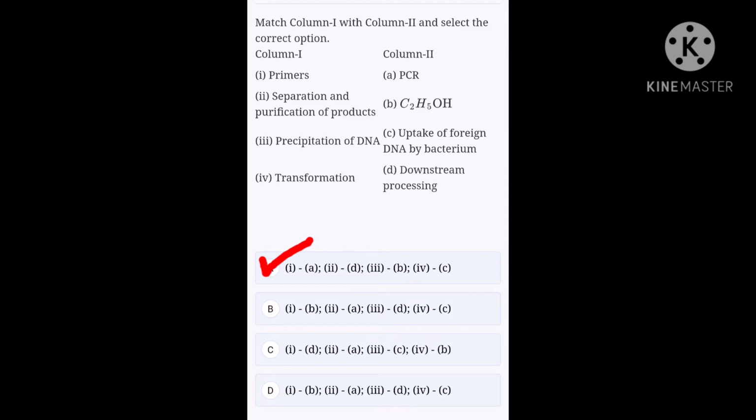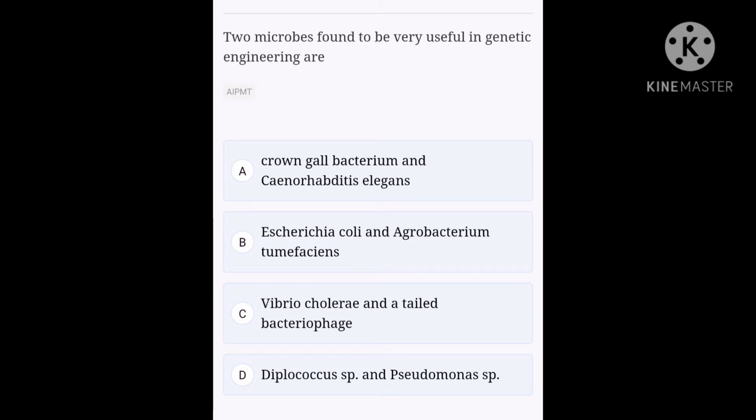Okay, let's see our next question. Two microbes found to be very useful in genetic engineering are: option A, crown gall bacterium and Caenorhabditis elegans; option B, Escherichia coli and Agrobacterium tumefaciens; option C, Vibrio cholerae and a tailed bacteriophage; option D, Diplococcus sp and Pseudomonas sp. E. coli contains many important standard cloning vectors widely used in genetic cloning experiments like